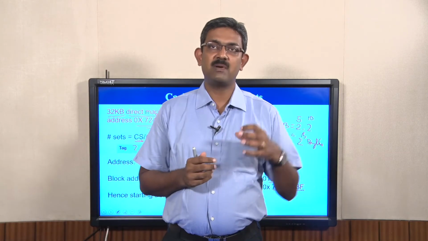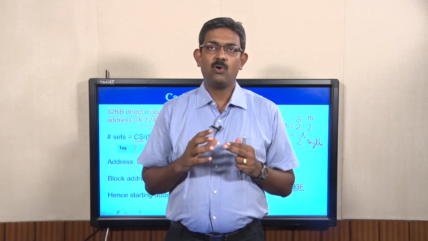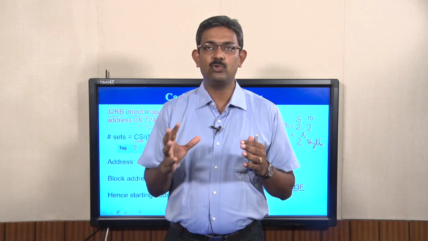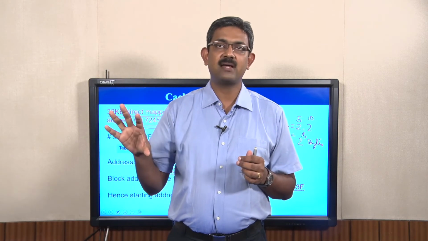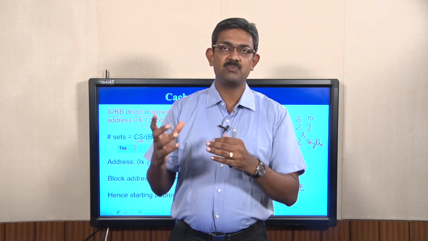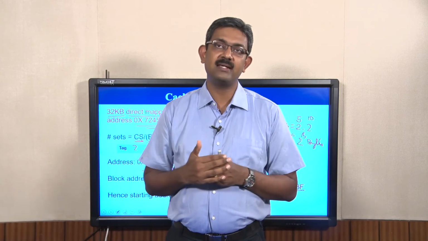So, what we have done in this question? In this question, a cache memory detail is being given, the block size is being mentioned. All we have to understand is, when we copy something from main memory into the cache, continuous bytes are being copied. So, the addresses of the bytes that belong to one cache block differ only in the least significant bits. How many least significant bits? It is defined by the offset bits. What is the block size?